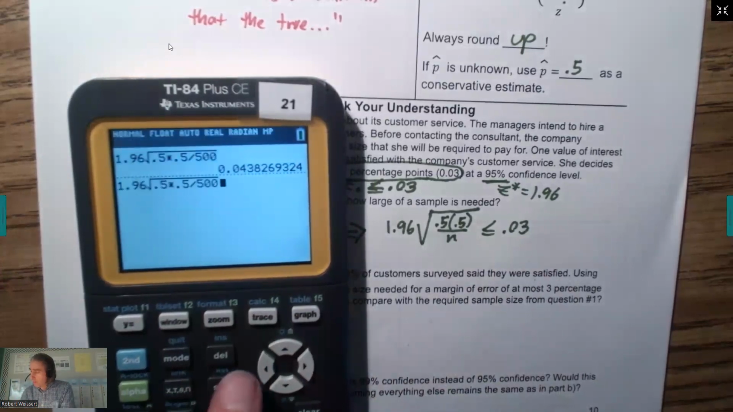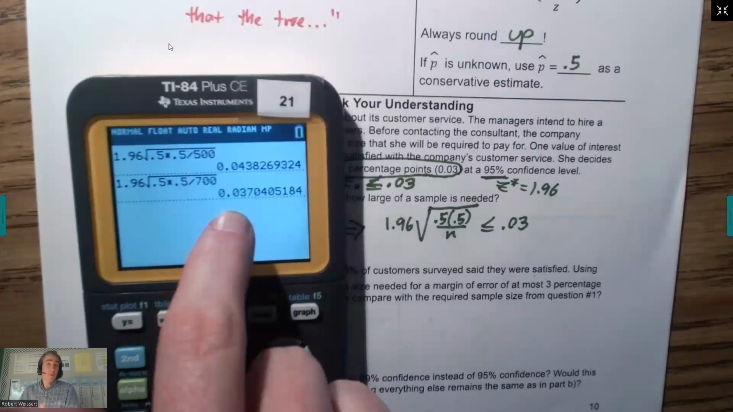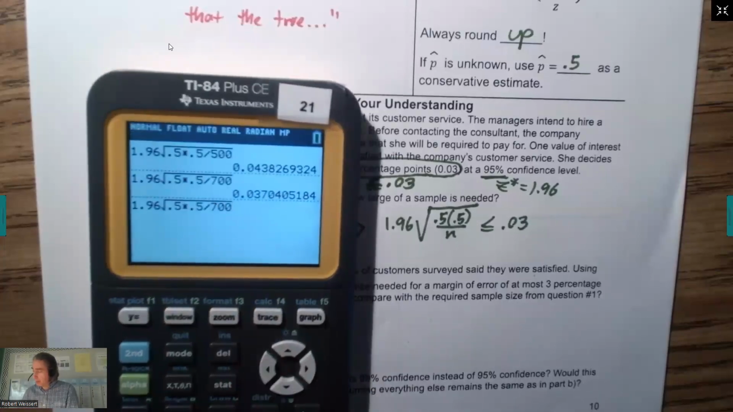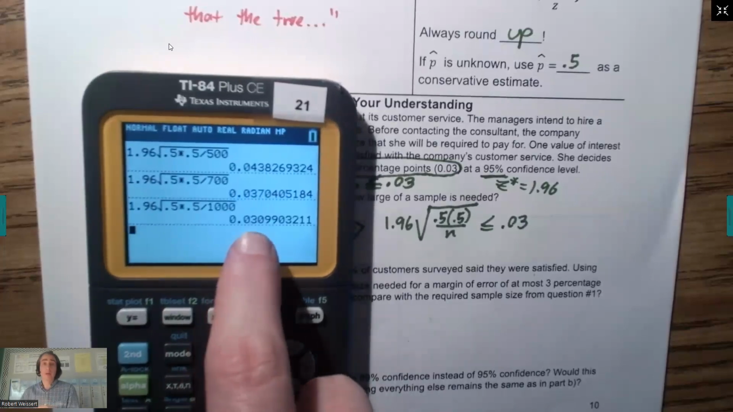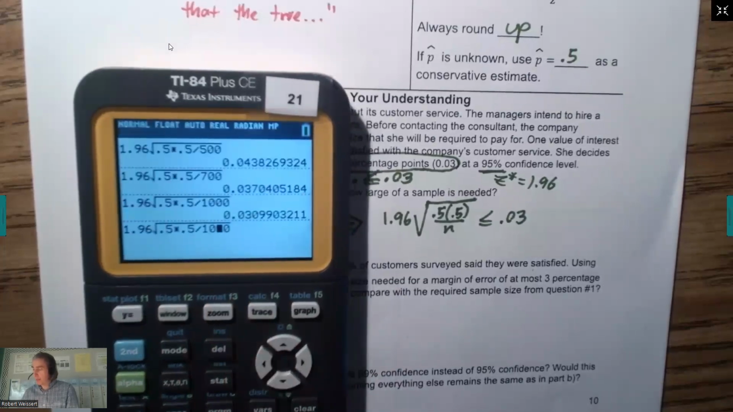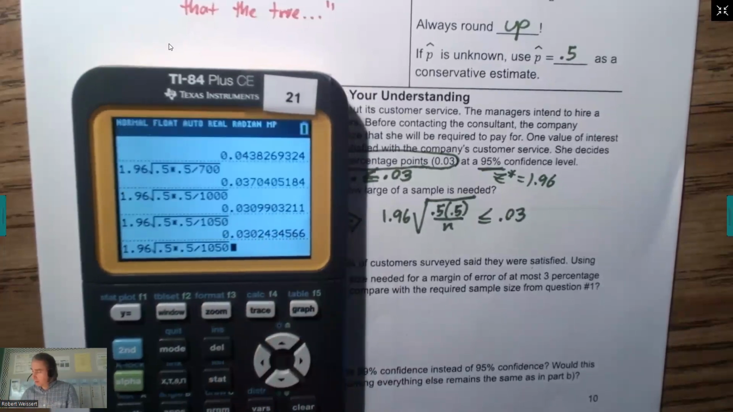So I'm going to scroll up and go a couple hundred more. We'll say 700. And we're getting closer, but we're still a little bit too big. And let's try 1,000. And it's really close to 3%, but still too big. So now we're just nitpicking, right? Is it 1,050? And I can keep playing around with it, and eventually,